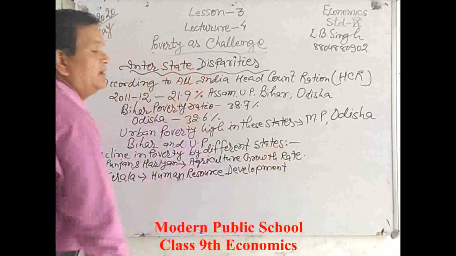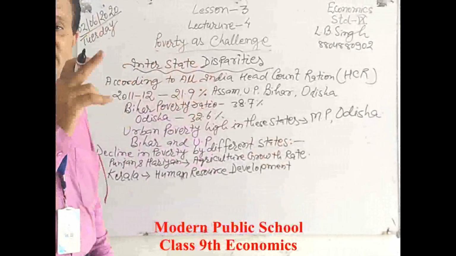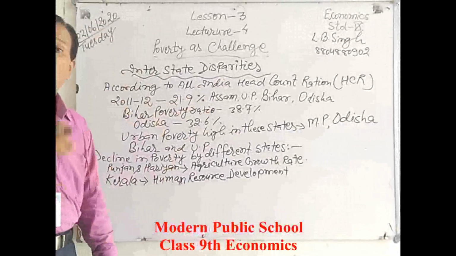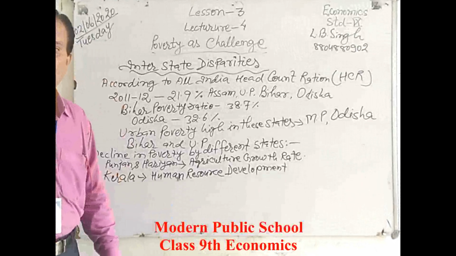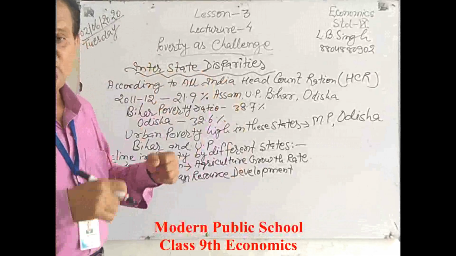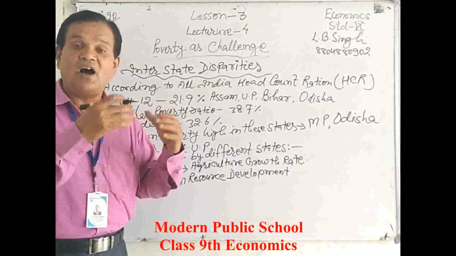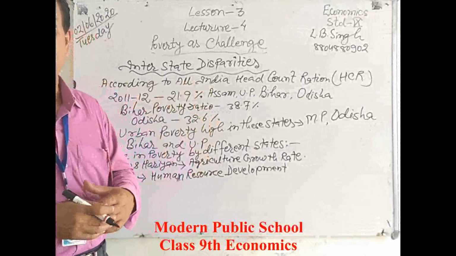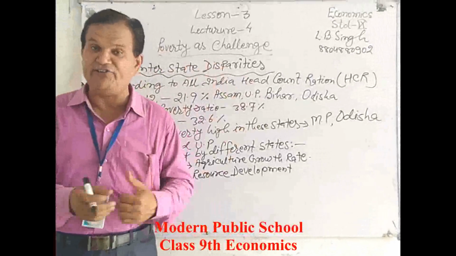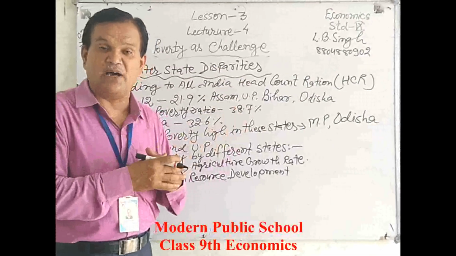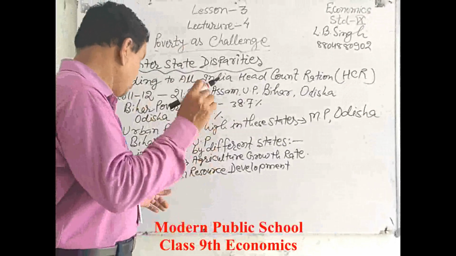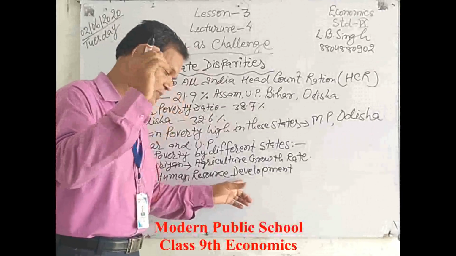You know this thing, only Kerala is the single state in India which has 100% literacy. All the people are literate. They work very efficiently. All of them are skilled. So most of the people of Kerala are moving to different states with their skill and earning a lot of money. Even they are working in foreign countries and earning a lot of money. So there is less poverty in Kerala. So that is called human resource development.